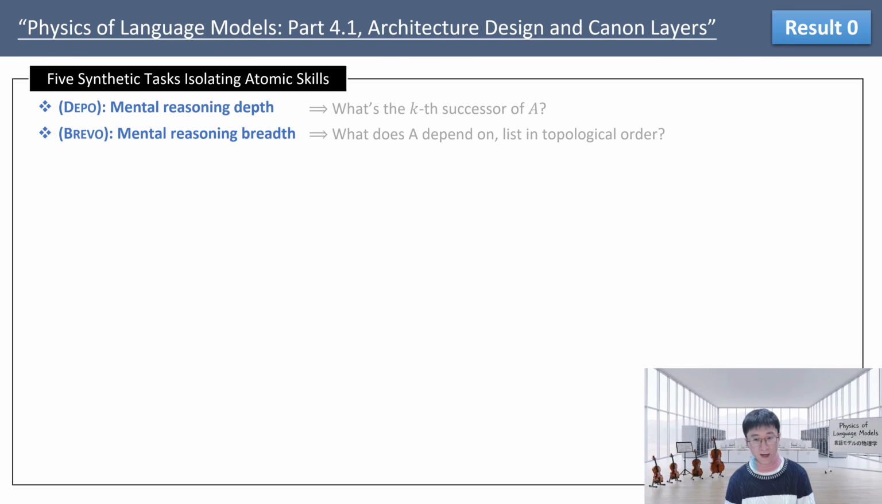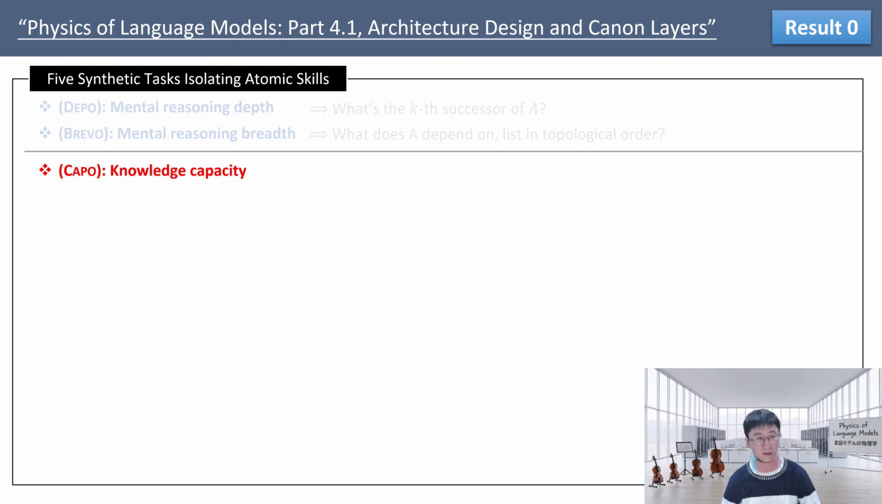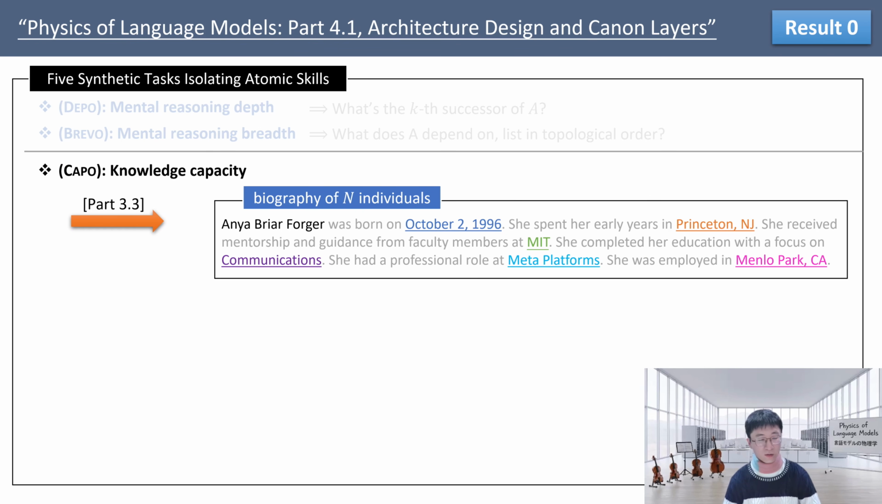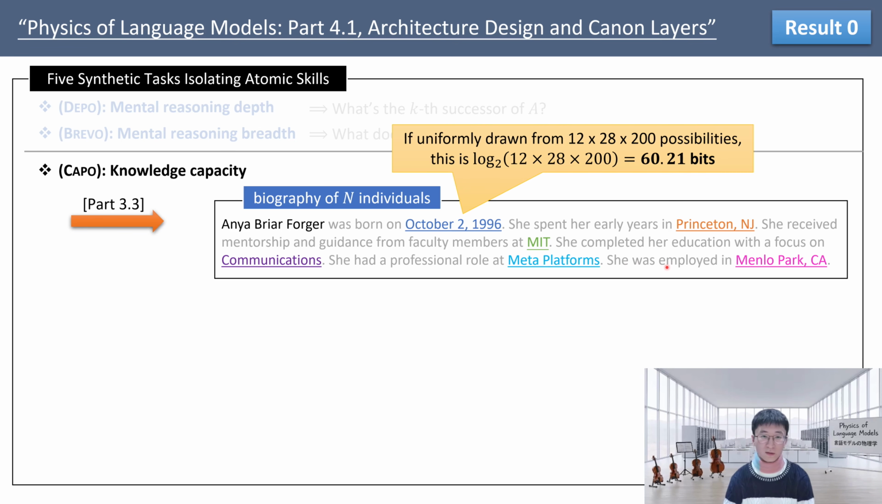So the third task we study is knowledge capacity. This goes back to our prior work, part 3.3. Over there, we designed some synthetic biographies of n individuals. Here, a random person's name was born in some random year and has some biography with randomly generated entries. What's important in that data is that because it's synthetic, we actually controlled the number of